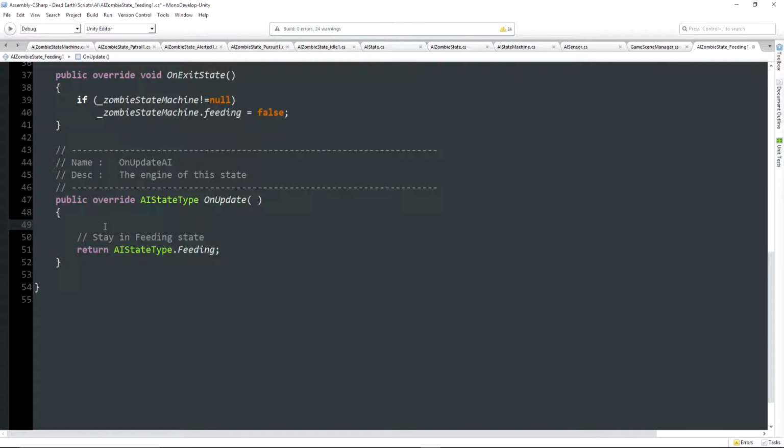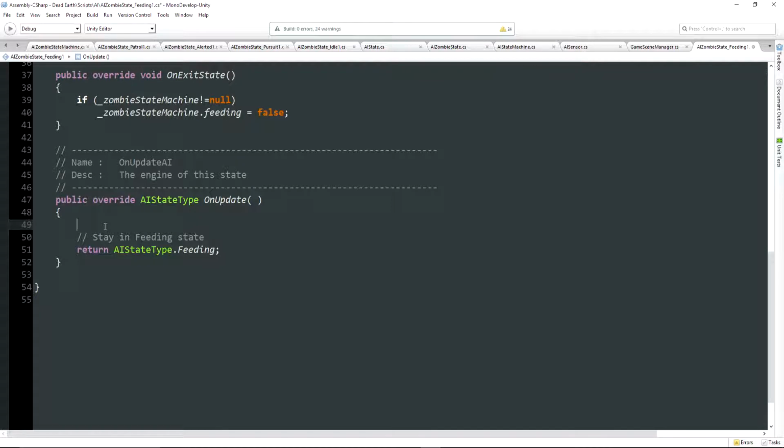We're going to be using our zombie state machine's satisfaction factor, because remember, while we're in this onUpdate function, our satisfaction will be going up and up and up. And once it goes past the point where we consider we have a full belly, which I think I'm going to use something like 0.9, about 90%, but you can use whatever you want. So when Zombie Jill's belly is 90% full,